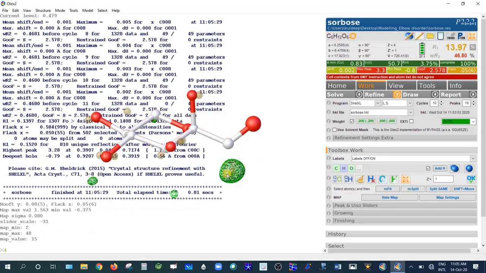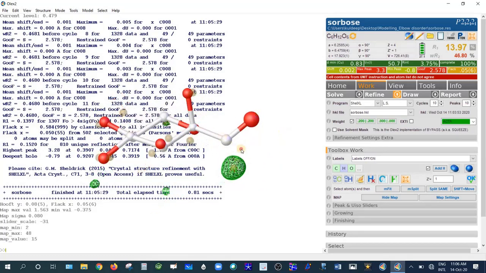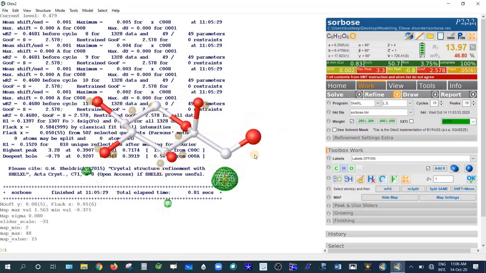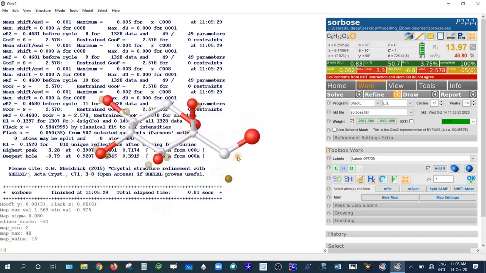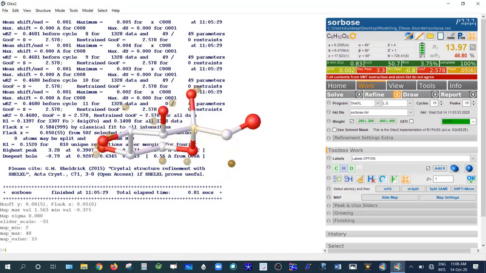here is some unassigned electron density. So this is the alternate position, the second position, of this oxygen atom. This carbon atom has a little high thermal parameter as compared to this one. It is 0.017.